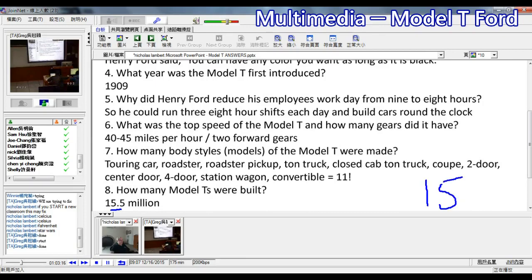All right. How do you write 15.5 million? So no decimals. I want the exact number. 15. 15.5